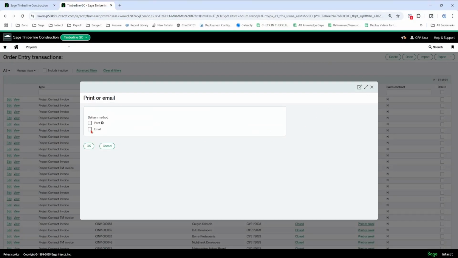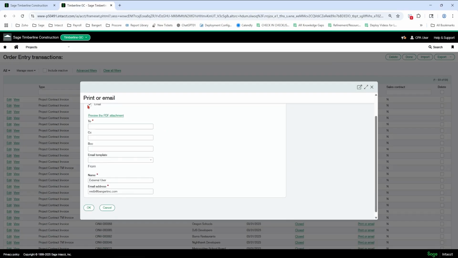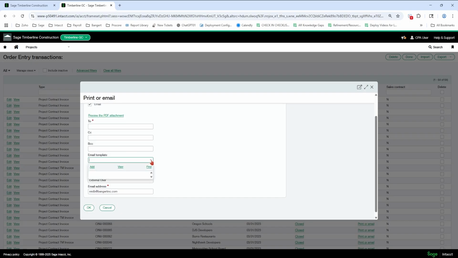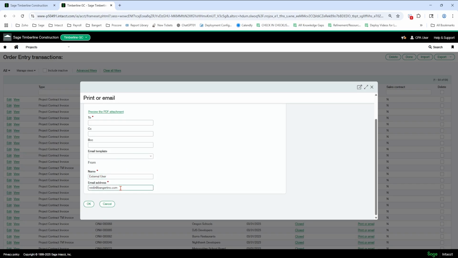If you want to email it out of the system, you would click the email option here. The To is going to be filled in if you put that on the customer records. So there's content that Bangert has made about email templates and how to create those. And the customer's email would fill in here. The email template would already be picked for billing, is what you could call it more than likely, who it's going from. So you could have the specific project manager listed here. You could have the person that's logged in be listed, or a default billing at timberlineconstruction.com. It could be a default name as well.